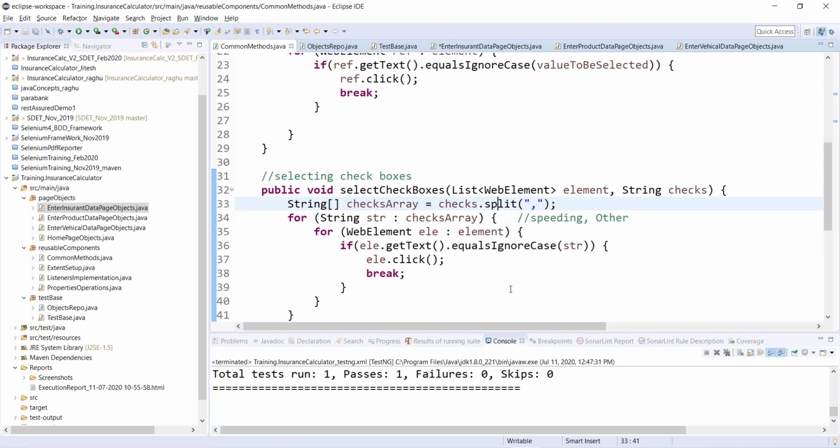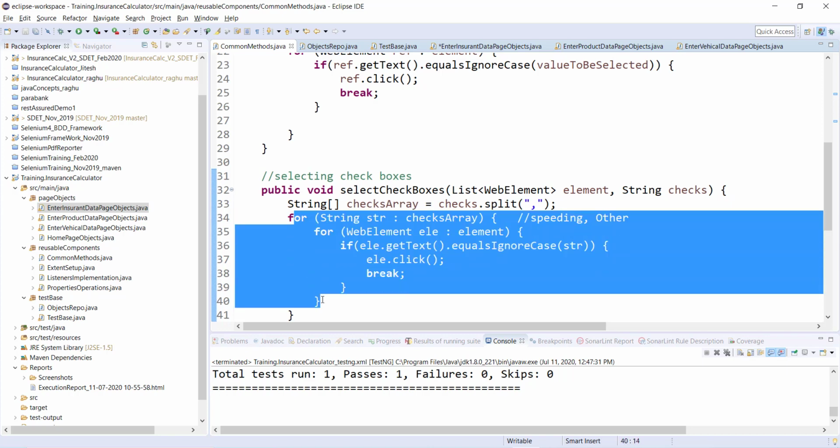What I did is I'm expecting more than one value, or it could be one value; even if it is one value it should work. So my value is going to be comma separated, that's how I have written it. In your case, if you are using some other separator like hyphen, underscore, semicolon, pipe, or anything, you can give that respective separator, so that whatever data is there in this check string, it will get split based on this comma, and it will be stored in the form of an array. So in the first position of the array it is speeding, in the second position of the array it is other. So accordingly this is going to work, okay.